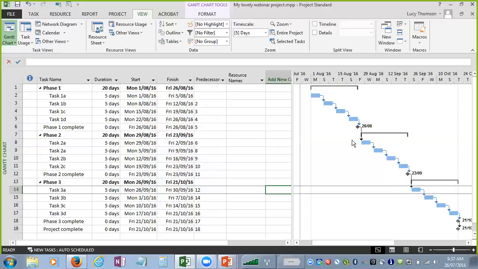Now, this is what we call a task view. Your schedule is made up of tasks, resources, and when we link those together, assignments. Many people think that a task is the most granular level of your project, but a task is not the most granular level of a project. The most granular level is actually an assignment. If you think about it, you could have a